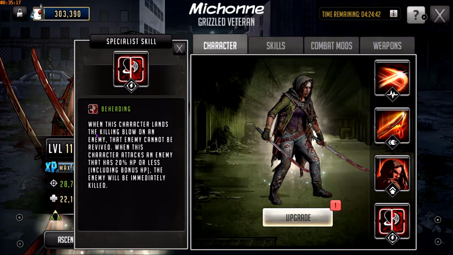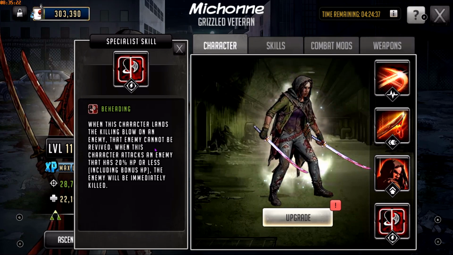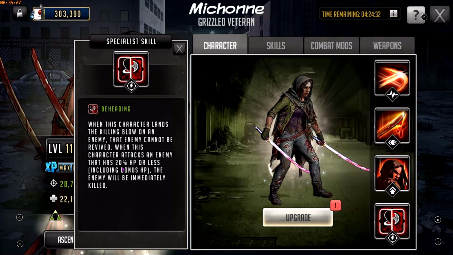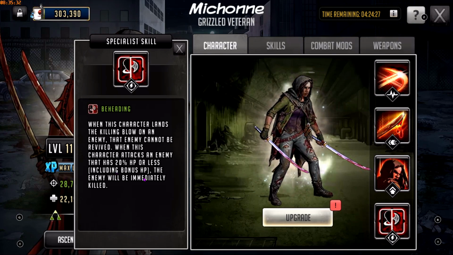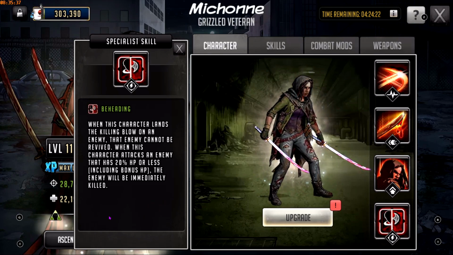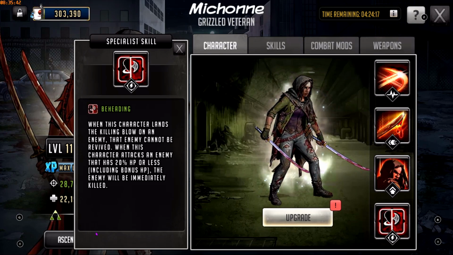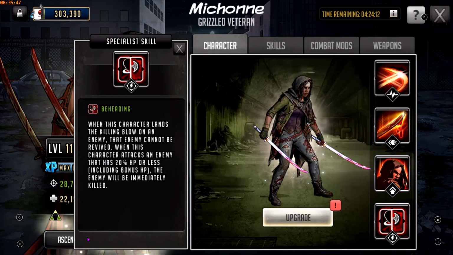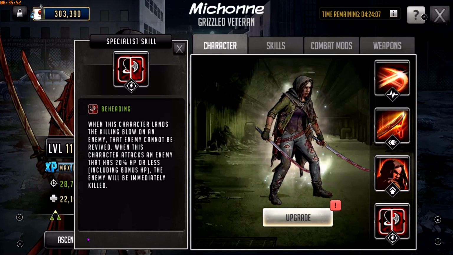So we have beheading. When this character lands a killing blow on an enemy, that enemy cannot be revived. When this character attacks an enemy that has 20% HP or less, including bonus HP, the enemy will be killed immediately. So Michonne is very good for taking care of business. She's a direct counter to Doc Stevens in the game. That will be her direct counterpart, but she can also do a boatload of damage if you put this weapon on her that I'm getting ready to show you. She will shred